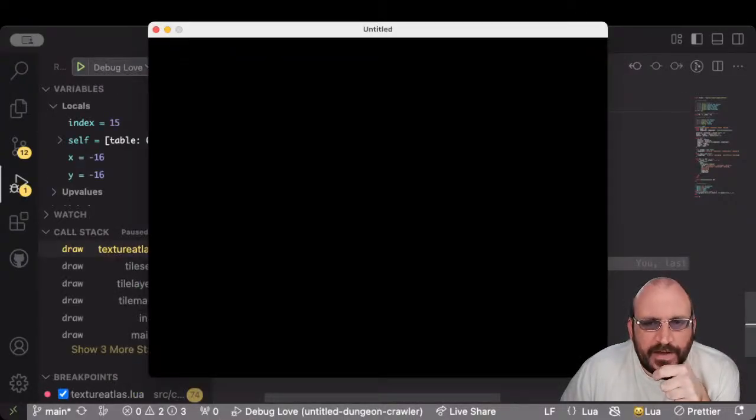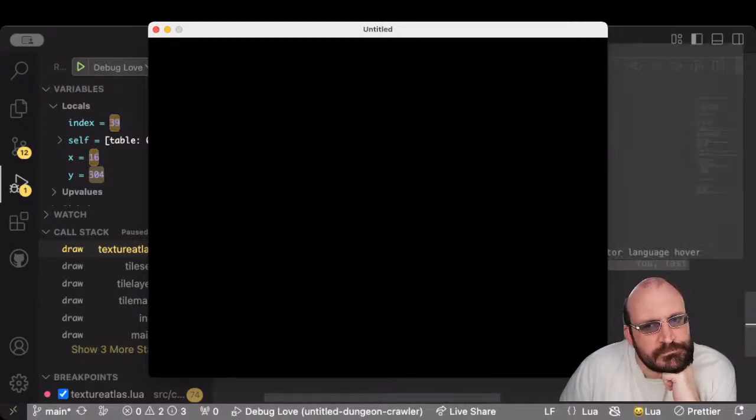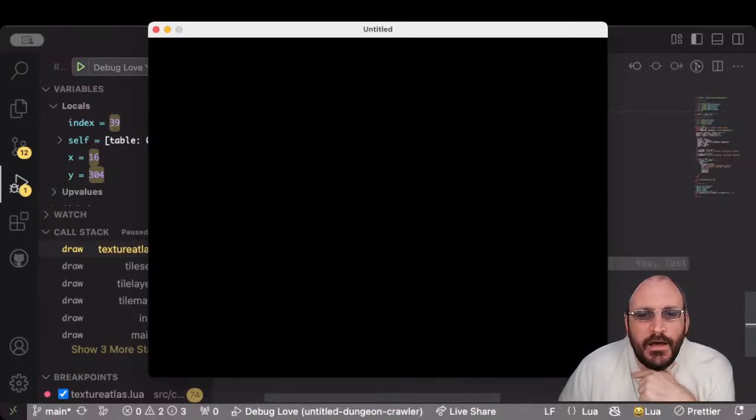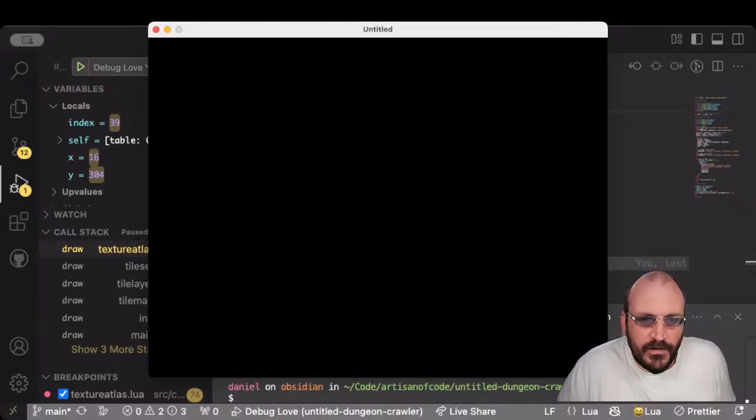But what do we have? These are all solid values. So what do we have for the quad? The quad itself is probably set wrong, which means that